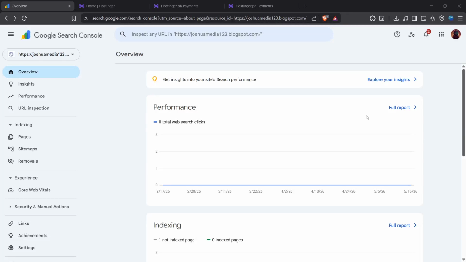In today's video, I'm going to teach you how to verify hosting your domain in Google Search Console. Quick guide. First, open Google Search Console in your browser and sign in with the Google account you'll use to